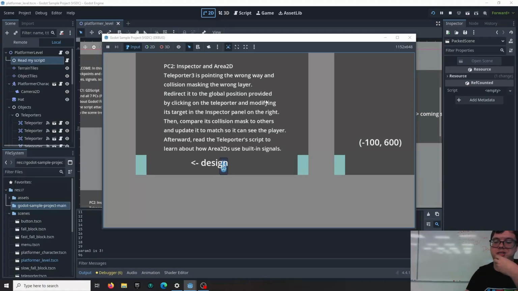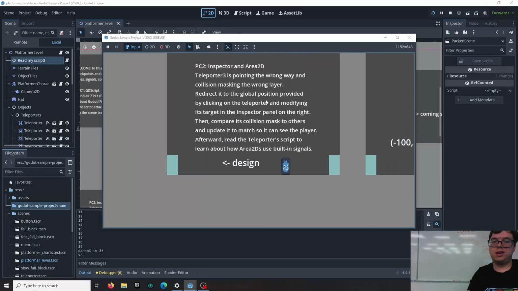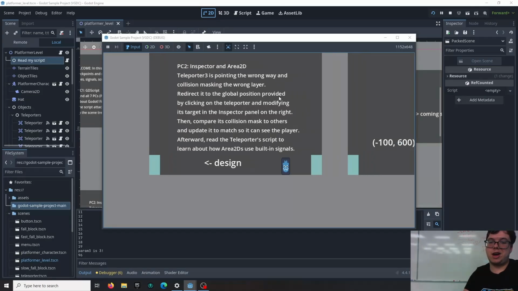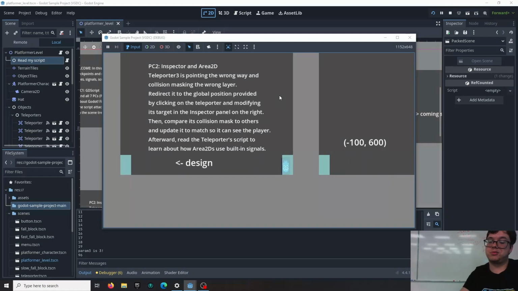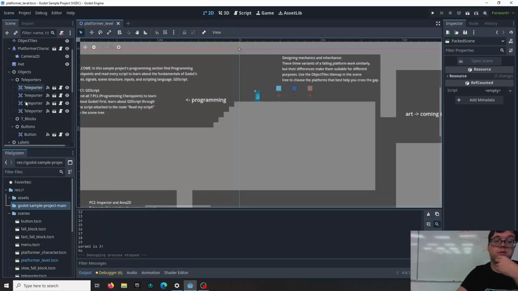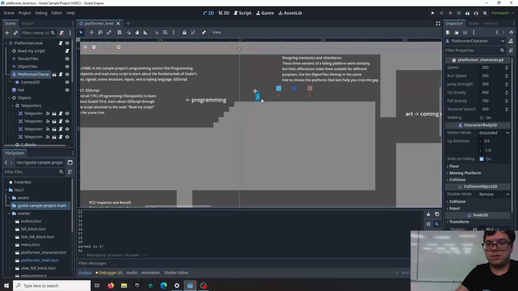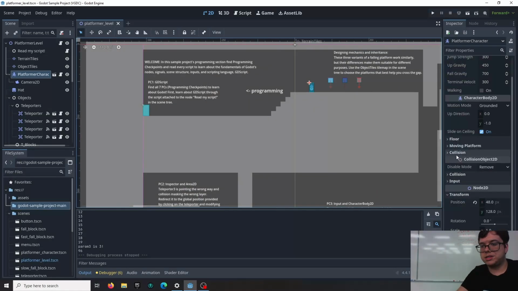But yeah, so this one has some problems. It's not working. We can use the other one, go back, those work. The two problems it has: not only is the collision not working, but once we fix the collision, we're going to see it's not even pointing to the right place. We want to go over here on the right. So this is going to introduce us to collision layers, which are very important, although Area2D has a different relationship with collision, as we'll see. So the character is being detected when it enters that area because it is